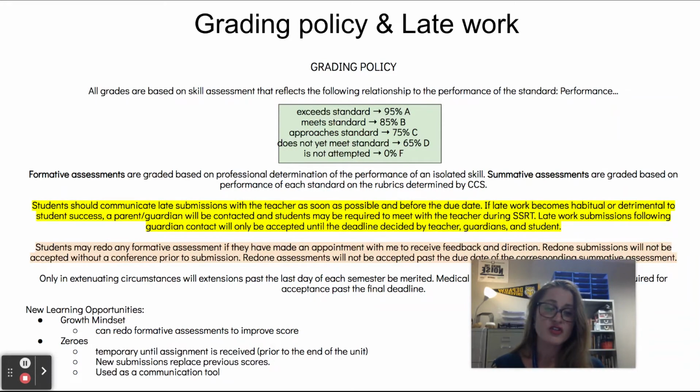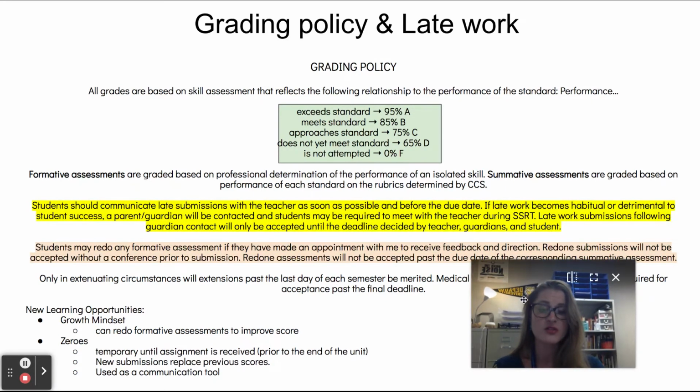If an assignment is not turned in, that will go in the gradebook as a 0. And if you look at the bottom of this page, just want to mention that zeros aren't meant to be punitive, but more used as a communication tool. So I usually flag the assignments as missing and I put in the 0 just as a communication piece so students know exactly where they stand without that assignment in the gradebook. It's also really motivating for them to get the assignment turned in if they have not submitted it already. And so the 0 is just temporary until that assignment is submitted. And then the new score will be replaced with the skill-based score.